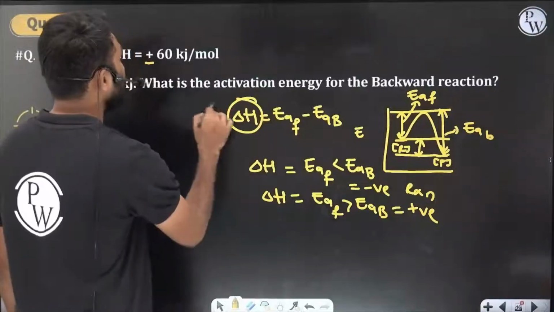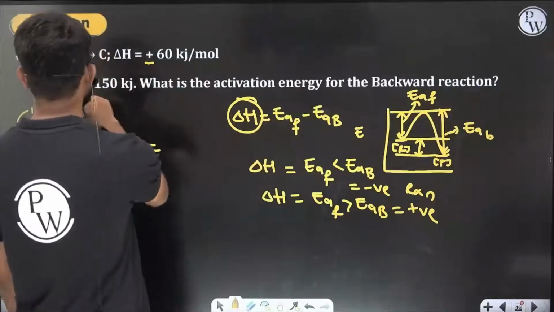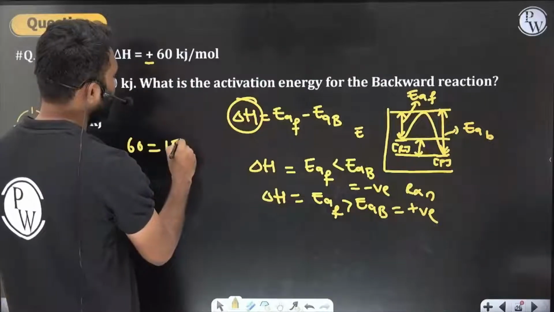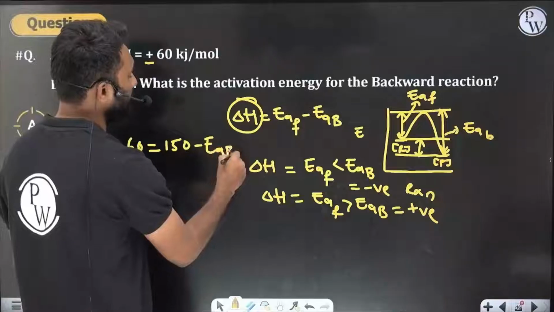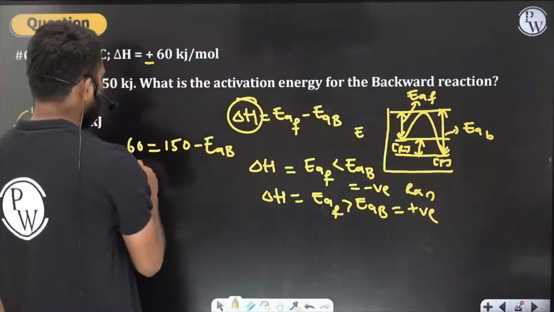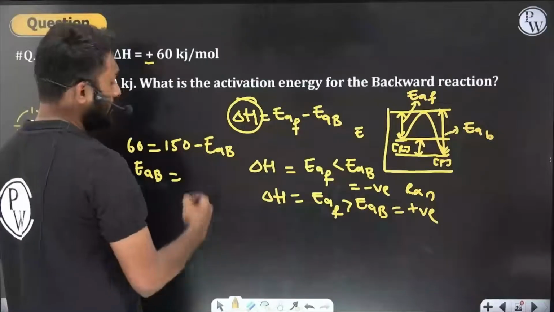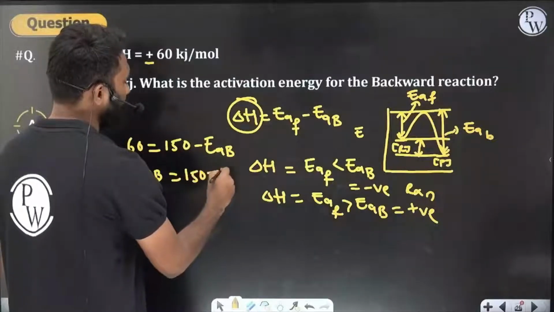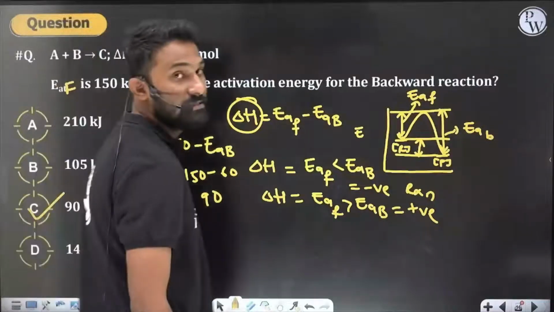Delta H they have given, how much? 60 plus activation energy of the forward reaction they have also given 150 minus activation energy of the backward reaction, which they are asking. Now, take activation energy of the backward reaction is equal to, bring the 60 to the right hand side, 150 minus 60, how much will it become? 90. Answer is C. Okay,